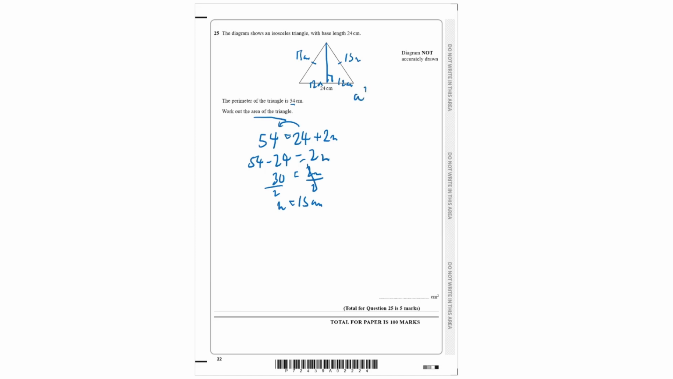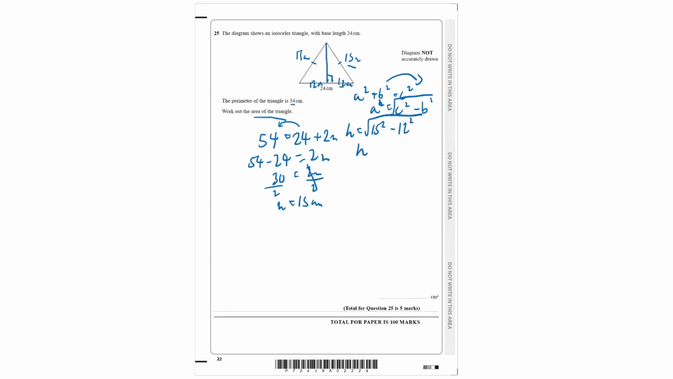So using a squared plus b squared is equal to c squared, we already have the hypotenuse, we already have one of the bases, so we can bring this to the other side, and we have a squared is equal to c squared minus b squared, and we can square root this to find what the height is. So that means height is equal to c squared, which is 15 squared, minus b squared, which is 12 squared,